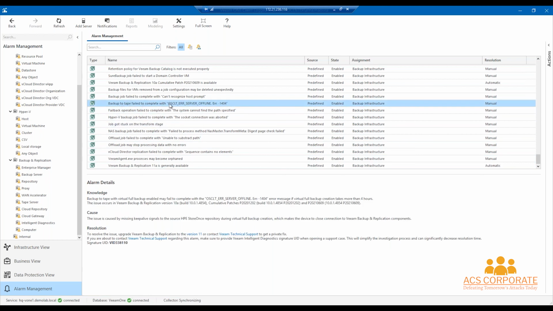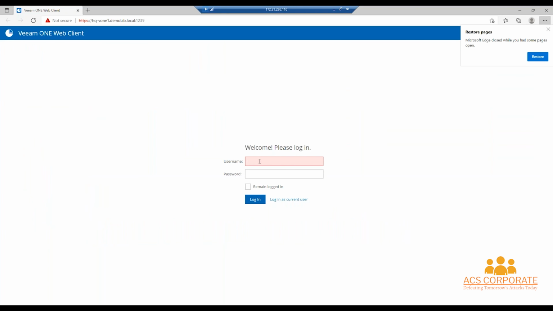Right, for example, if we see this error, we are sending you the cause together with the resolution and the signature ID. Okay, so this was the first Veeam ONE component. Let's check out the second, which is